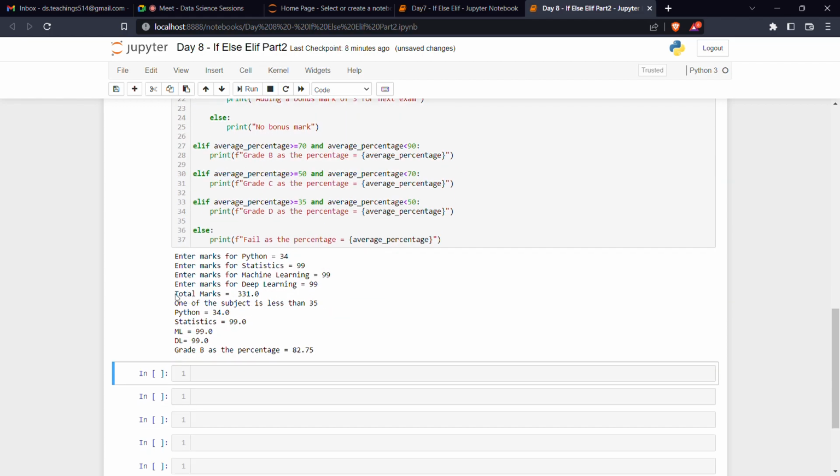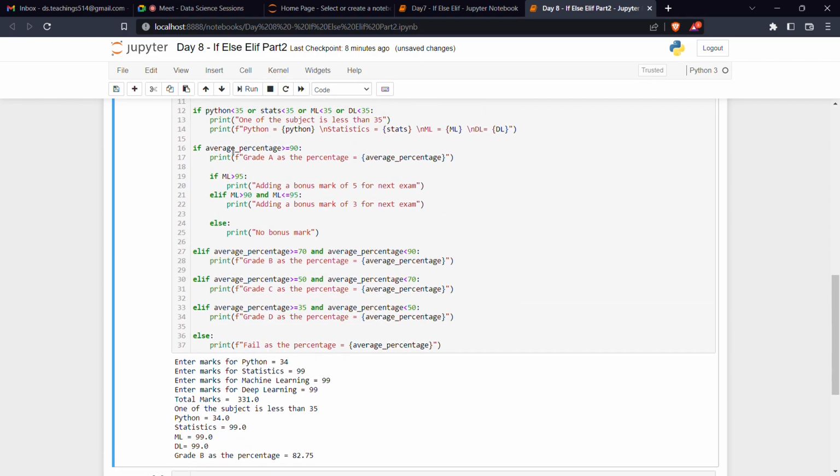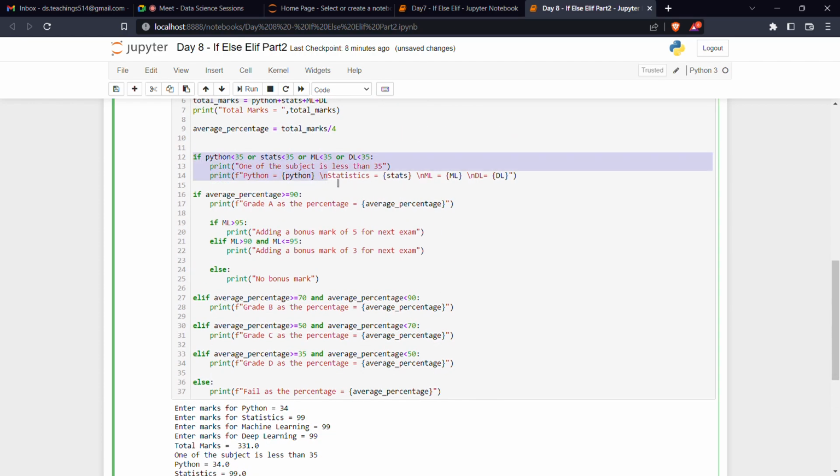Okay, so total marks is 331 and one of the subjects is less than 35, and there itself it is going to print all that. But one thing is that if this is being printed then it should not go here. Okay, it should not go here. So that means I can just change it to Elif. Okay, this part I can change it to Elif so that it doesn't execute,